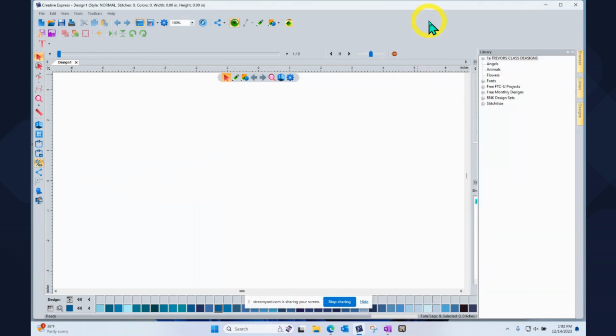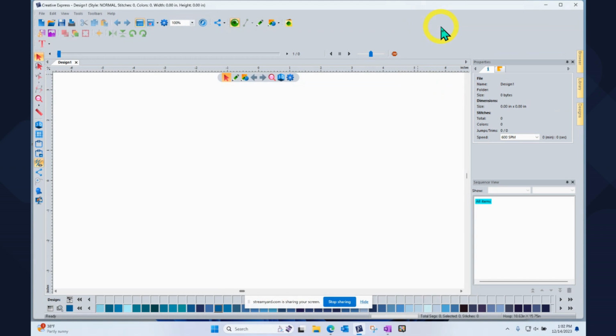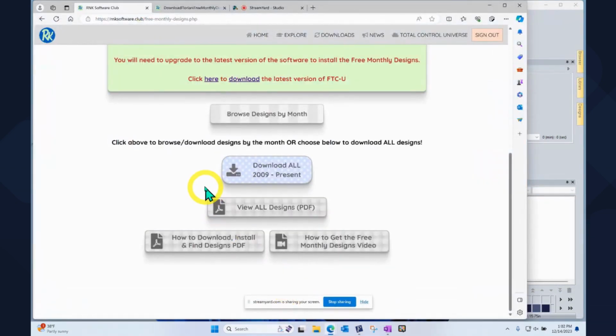Then you would select the file that you had downloaded and they would import, and now they show up in your library. I know this was a little bit of a longer video, but I think for anybody that is purchasing a new PC, it's going to be nice to have this step-by-step video. I hope I covered all the important details, but once again, if I didn't, just visit rnksoftware.club